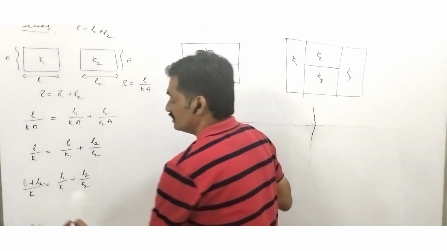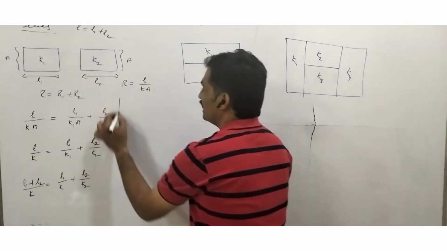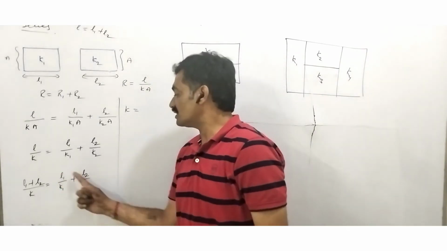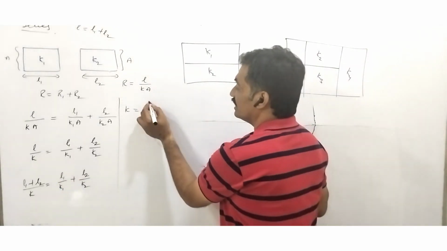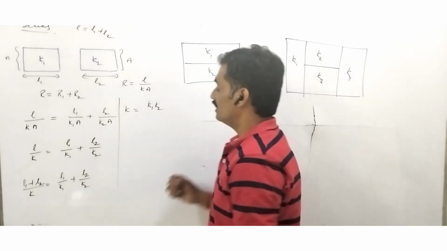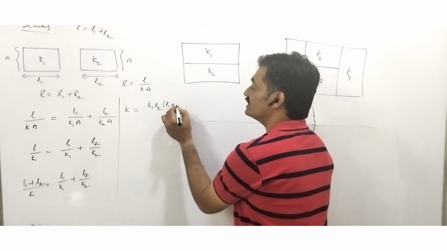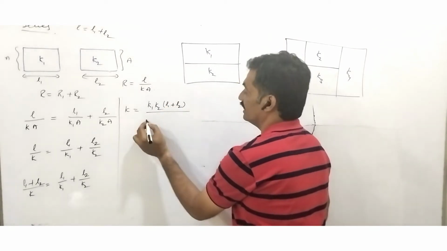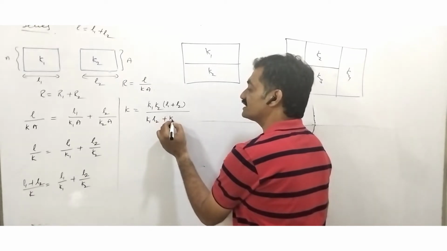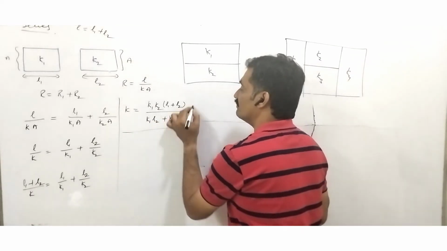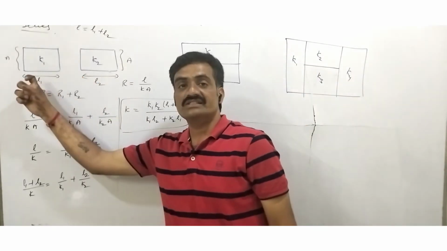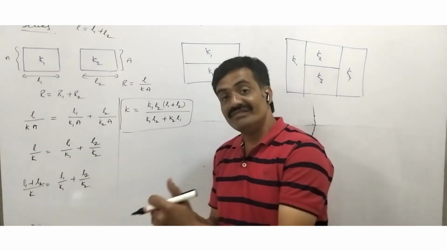Then, cross multiplying this equation, K equals K1 K2 into L1 plus L2 by K1 into L2 plus K2 into L1, which is the final equivalent thermal conductivity of these two conductors when they are